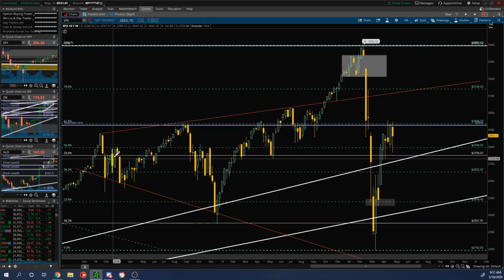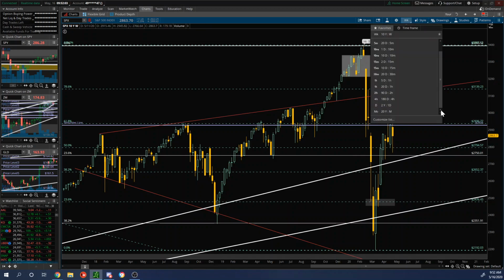Like here, I mean, not to say we can't get pushed down in the next couple of weeks, and we're going to look at some reasons how and where that can happen from. But right now, we're just moving sideways in this range, and there's no reason that cannot continue to happen. Okay. If we go down to a daily chart on, let's say, the SPY here,